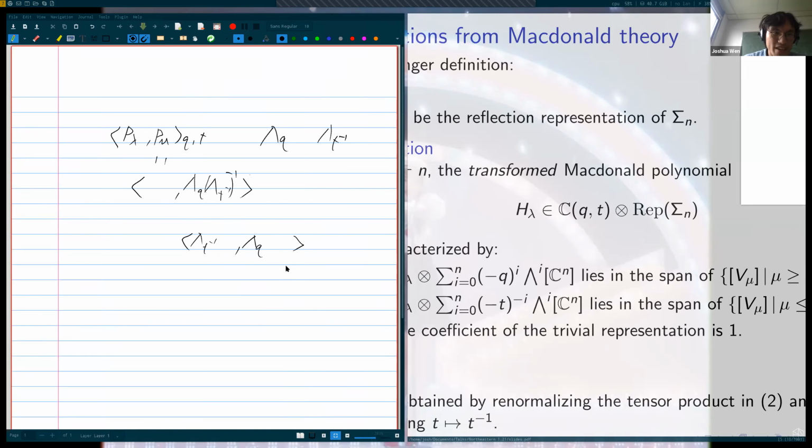So what did I say here? I said P lambda is lambda T, a little inverse here applied to H lambda, right? So basically, sorry, what I'm trying to set up here is that